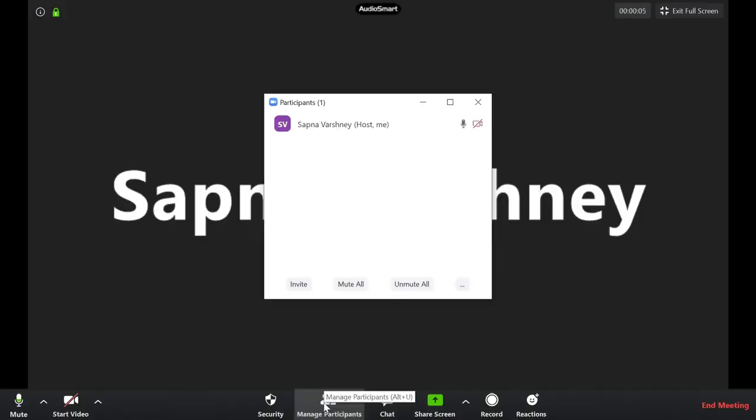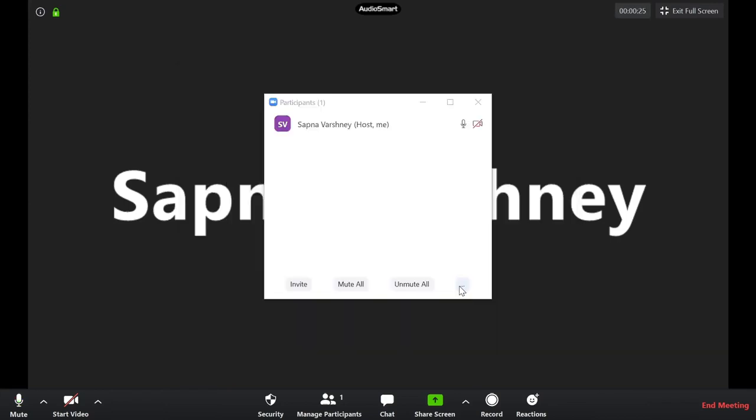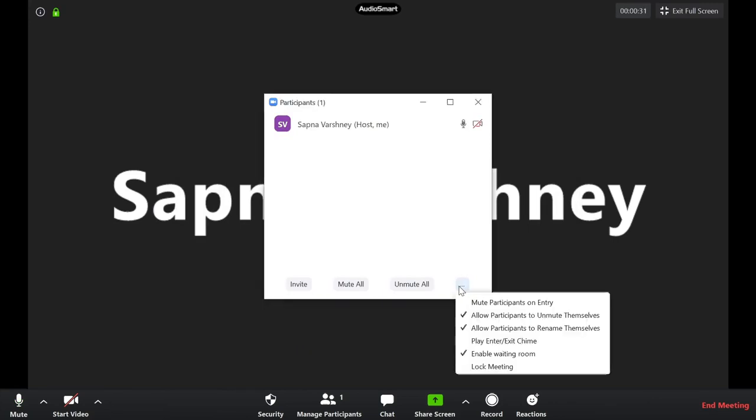Click on manage participants. Click on invite and you can see at the top of the pop-up window that a new meeting ID has been assigned to this meeting, and at the bottom of the pop-up window a meeting password is required to enter the meeting. Close the window. Click on the three dots in the participants pop-up window.